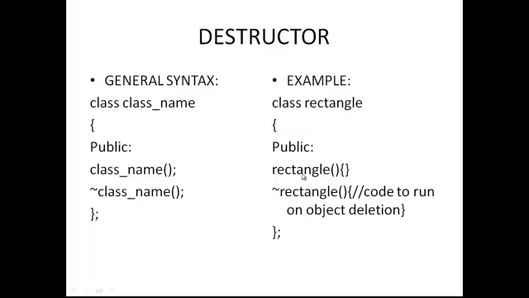Okay, you see the example here. I use a class Rectangle, then first I create a default constructor and then create a destructor, and at the start of the name of the destructor I use the tilde sign. This tilde sign identifies that the first function is the constructor and the second one is the destructor.